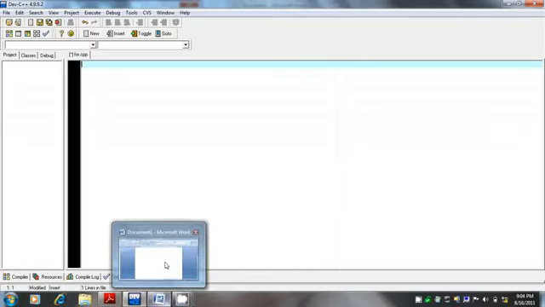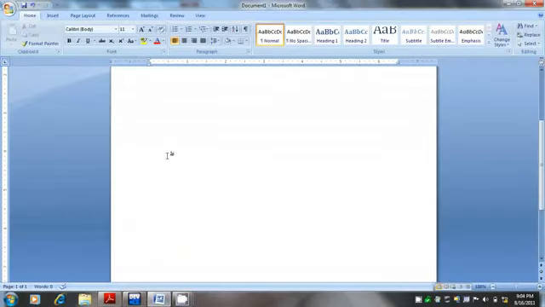Coming to functions, what is the process of writing a function in C language? The first thing is function declaration. Function declaration is nothing special. We have to specify the return type, that is what the function is going to return. Is it going to return an integer value, or is it going to return a float value?